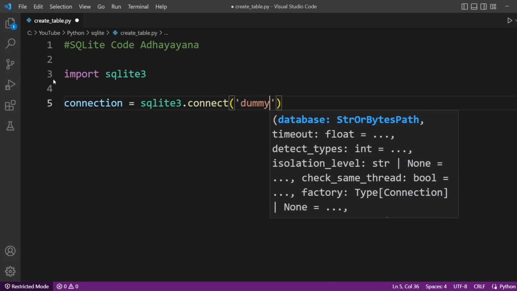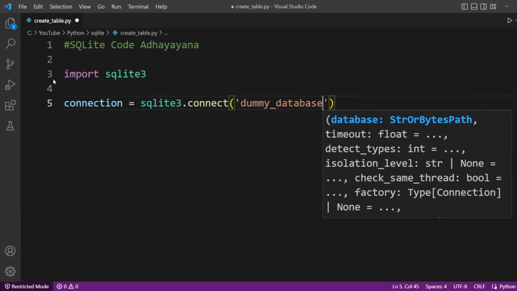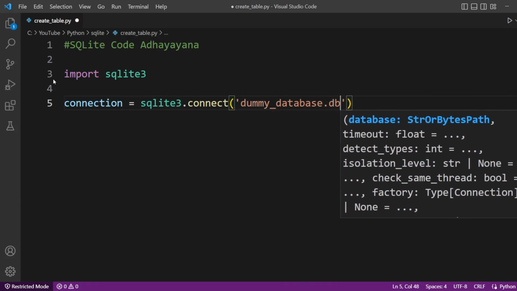I'll call it dummy_database.db. If this database exists, then it will simply connect to that database. Otherwise, it will create a new database.